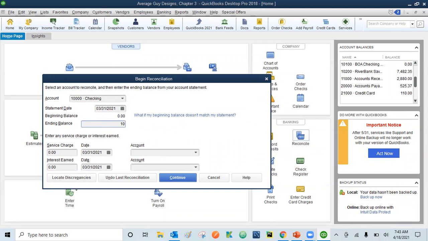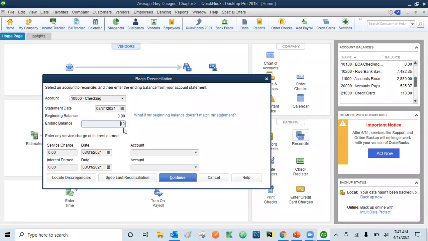$10 or something. Or once you do it, this number will be the last year's closing balance. So it will be the new number for the opening balance for this year. This ending balance is actually, we are working for the checking account. So we are saying that whatever the balance, once we have issued the checks to the vendors, this will be our closing balance. So once you update it,